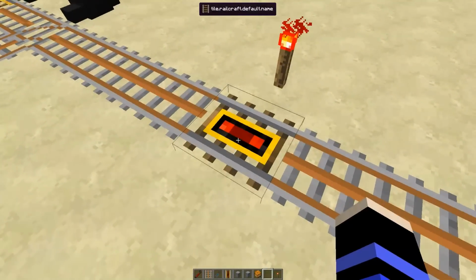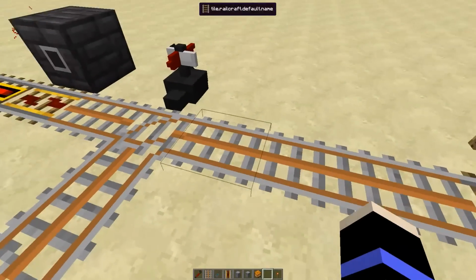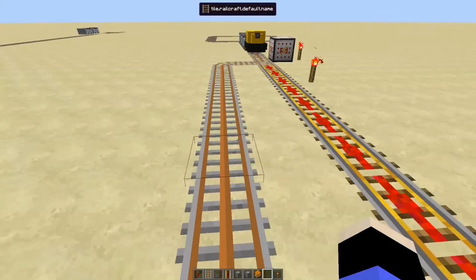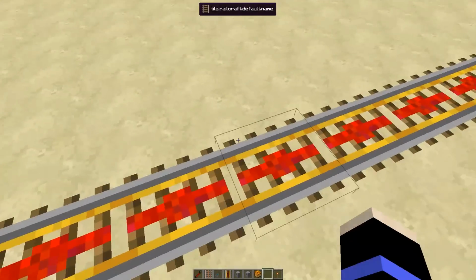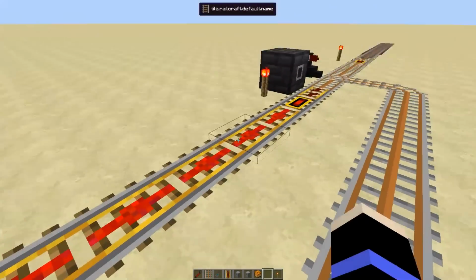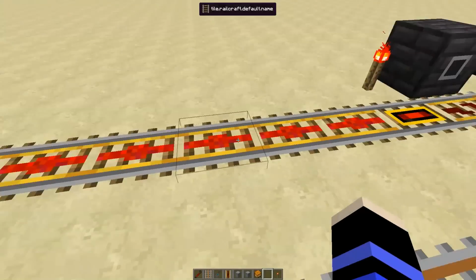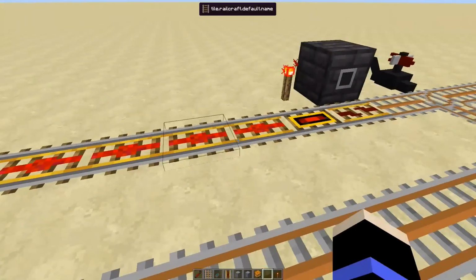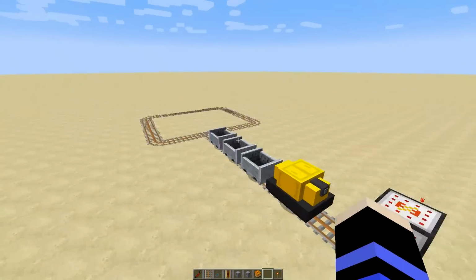limiter track set to reverse, and it is going to back up to this switch again and be diverted into this line here. It's going to back all the way here, and then back into here, and it's going to keep backing over these coupler tracks. It's going to reach the line of cars that waits here, and it's going to couple with the one on this end,